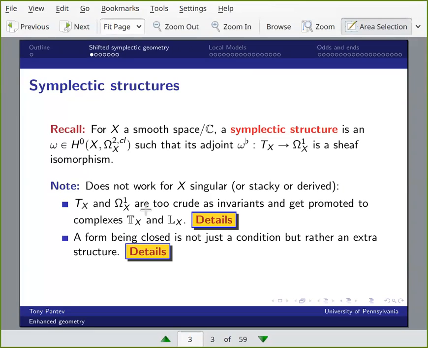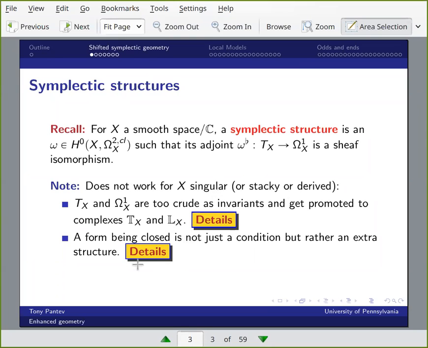If you really want to capture the infinitesimal structure, you need to actually redesign what you really mean by germs of curves, or what you mean by derivations, or what you mean by differentials. And at the end of the redesign, instead of a single sheaf of tangent vectors, or a sheaf of one forms, you actually get a complex of tangent vectors and a complex of one forms. So that's the first thing that you need to come to grips with,